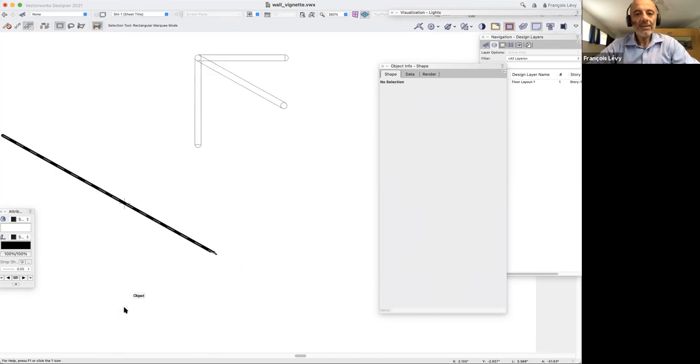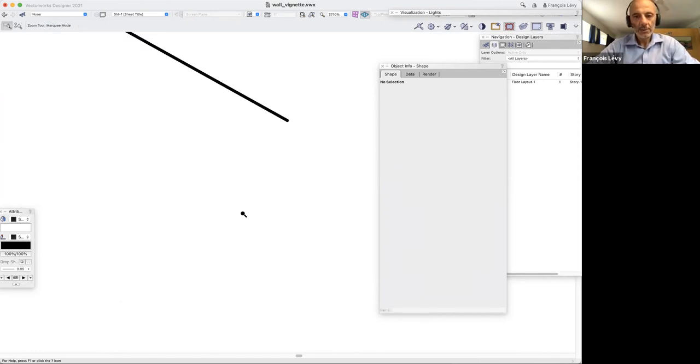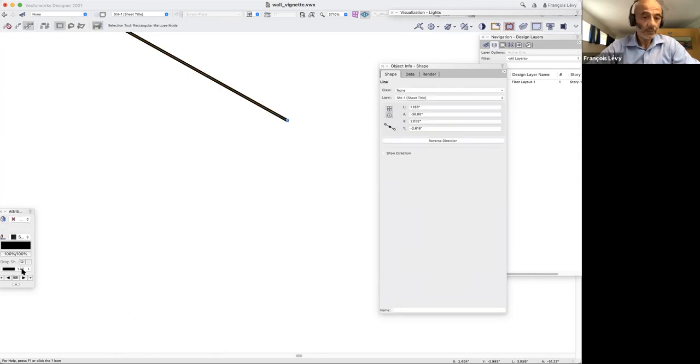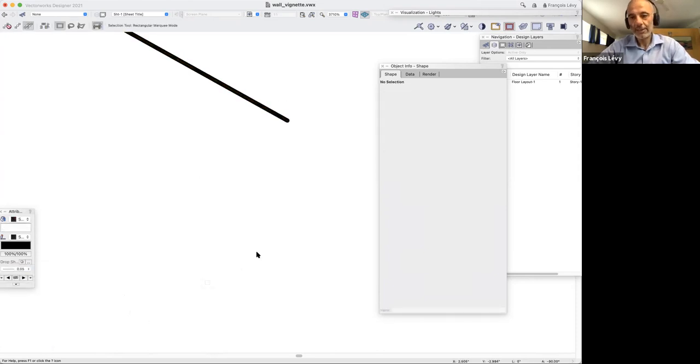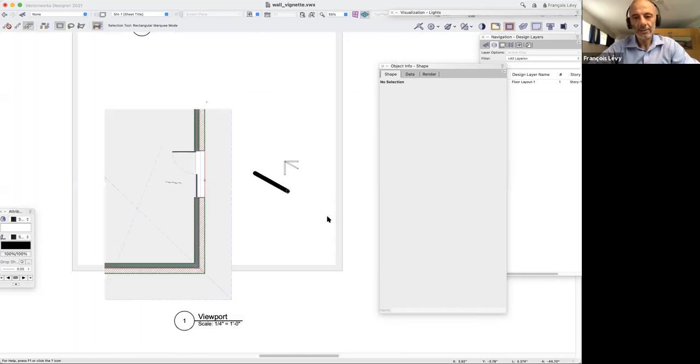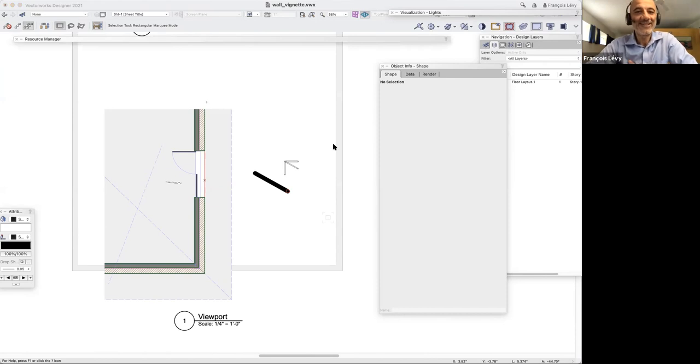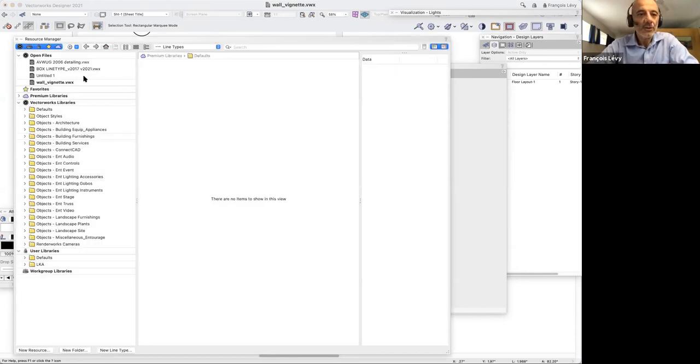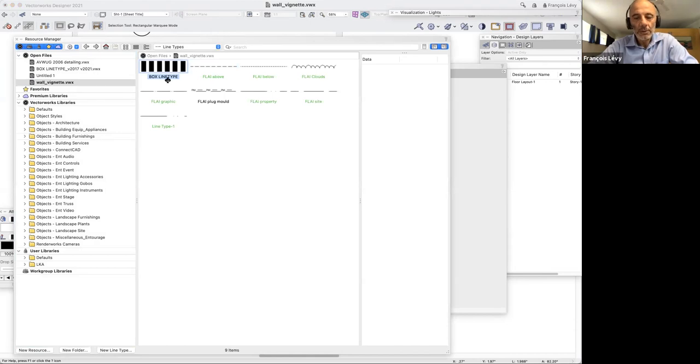The problem being, if you have a really thick line, a massively thick line, your line is going to have a little round tip. Now, that makes some people crazy. Personally, I don't draw with lines that thick, and so this doesn't bother me. But now that I've shown you this, if this is going to cause you to lose sleep at night, your solution is going to be to create a line type,